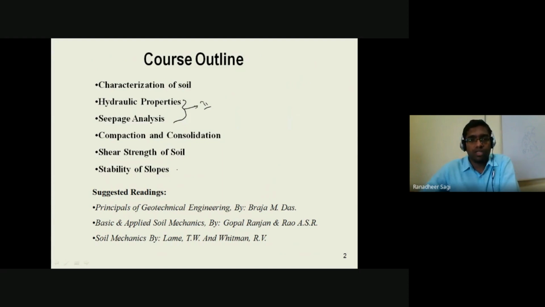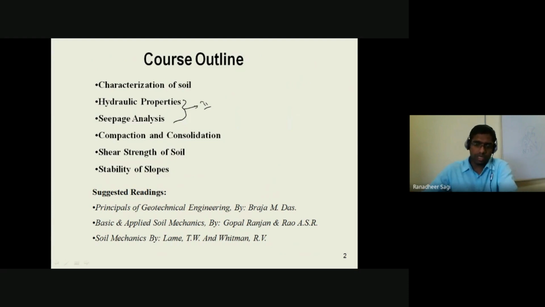And in the fifth unit, we'll be mainly focusing on how to analyze a particular slope, whether it is stable or unstable. So whether a slope, what we are looking at, to what extent it is stable. Stability of that slopes is what we are going to be talking about in terms of the factor of safety of that particular slope what we are looking at. We have got different methods or approaches by which we are going to be analyzing that particular slopes, which are broadly categorized as finite or infinite slopes, with flow happening through the slope, or without any flow taking place through that particular slope. So these are the 5 units that we are going to be covering in this particular course.